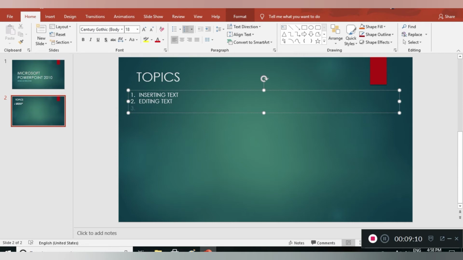Next is about moving the text. Next, copying text, deleting text,